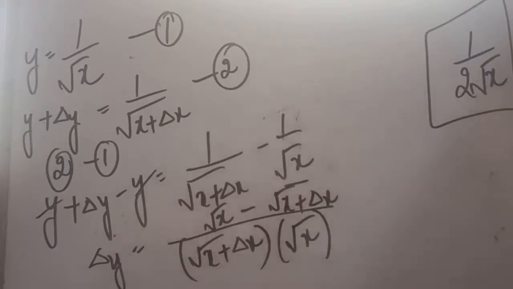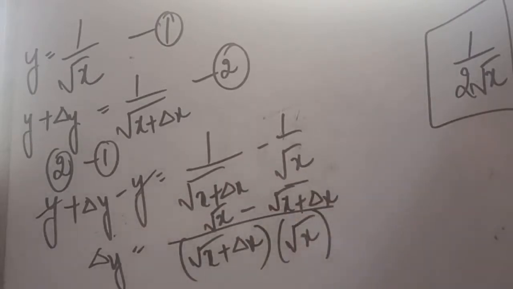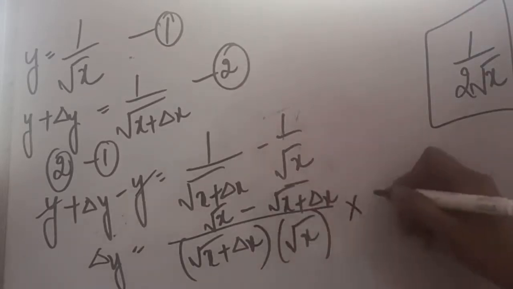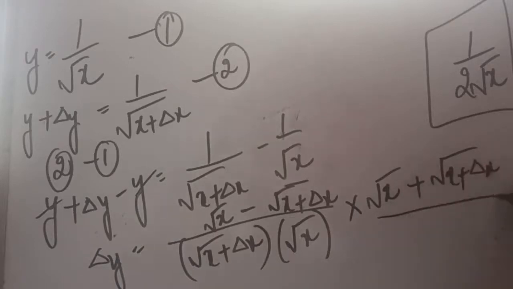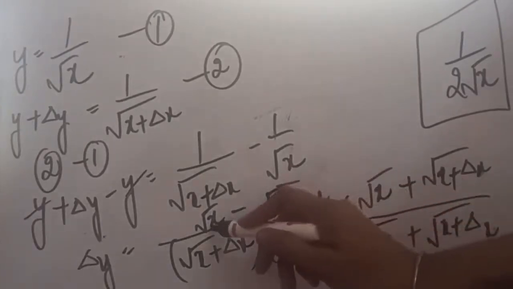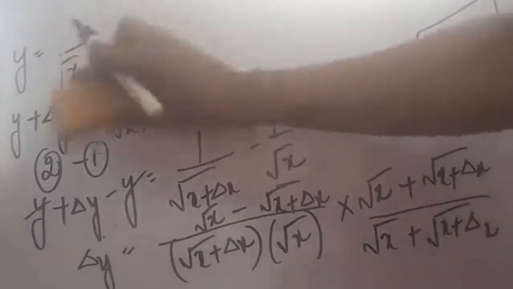Now solving it further, it is very much clear. Under roots are there, so we will have to apply the process of rationalization again. I am just putting the rationalization process here, just putting this sign to be plus. So that will help us in deleting the under roots. Dividing and multiplying with the same thing is the rationalization process. Now when you apply this process, this is a minus b, a plus b, so now we can directly square them out.